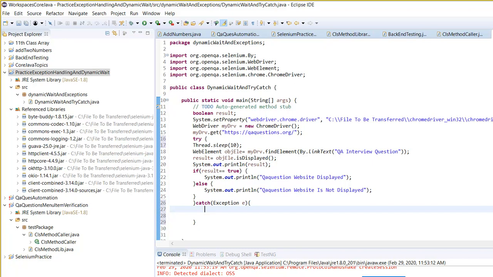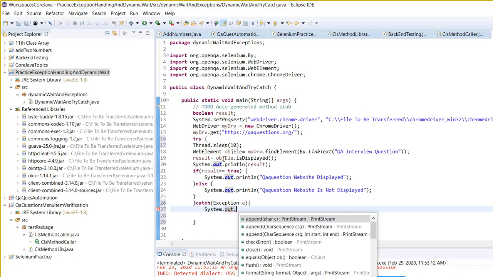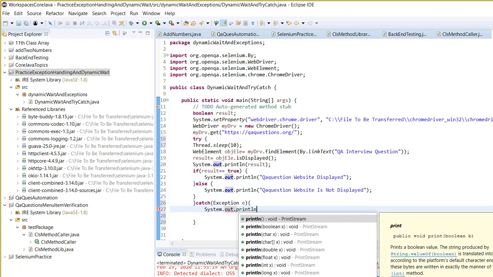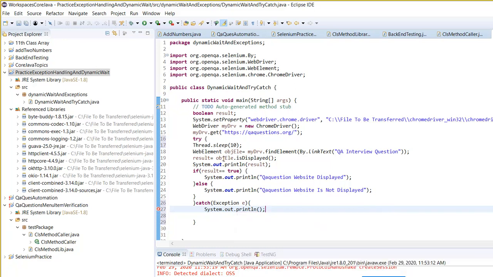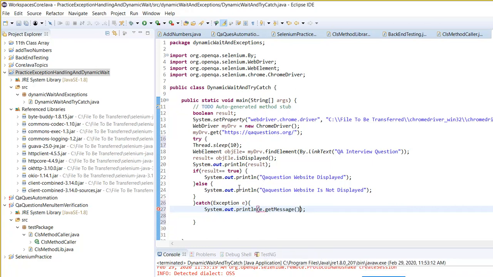I'll explain more: if you put System.out.println, and then if you put e dot, you will see e.getMessage. Can you see this? e.getMessage. Now if you execute this again,